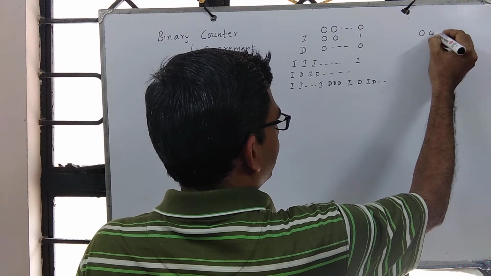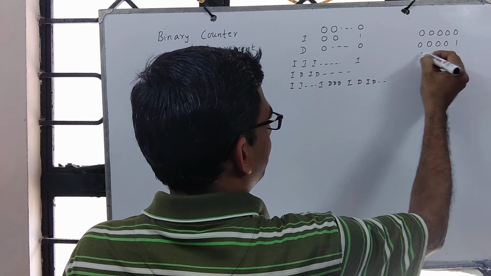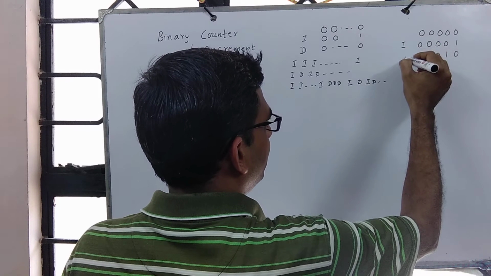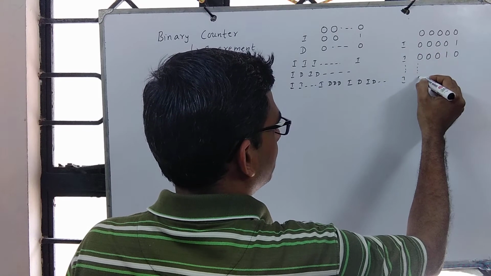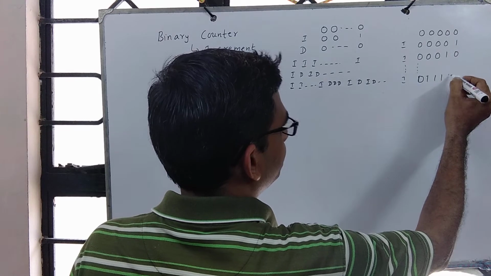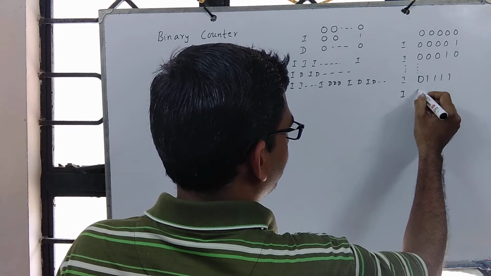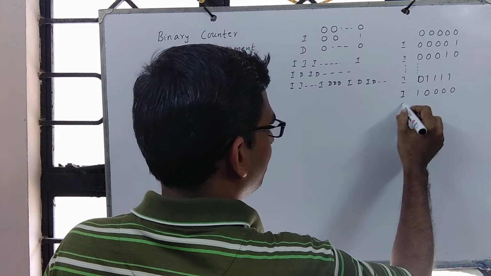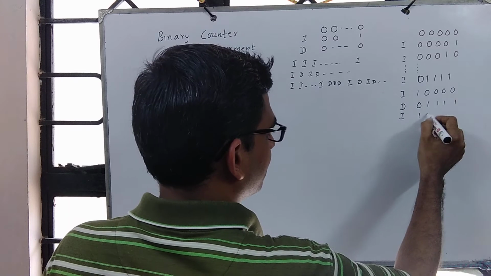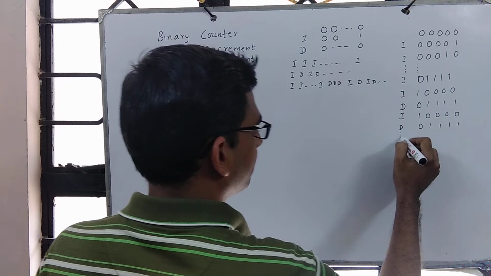Let's look at this configuration. Suppose initially we have all zeros, then we perform increment. So something like this, we perform increment for a while. Say we get something like this. Now we perform one more increment, say we get this. Then we perform, say, a decrement. Say we get this. Again an increment, we get this. Something like this, we alternate between, say, increment and decrement.